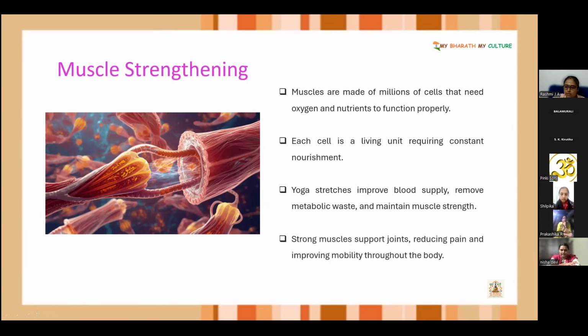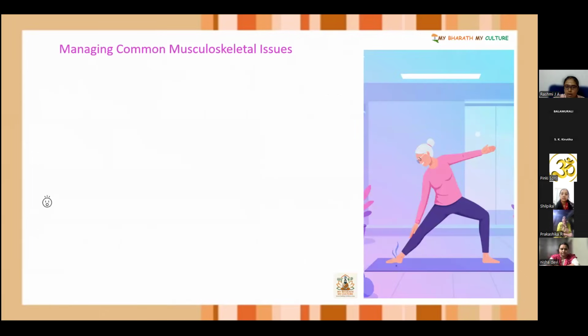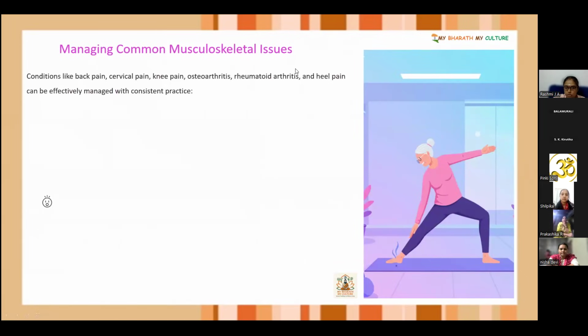Strong muscles support joints, reducing pain and improving mobility throughout the body. This is the importance of having a good muscular system. Then managing common musculoskeletal issues. Conditions like back pain, cervical pain, knee pain, osteoporosis, rheumatoid arthritis can effectively be